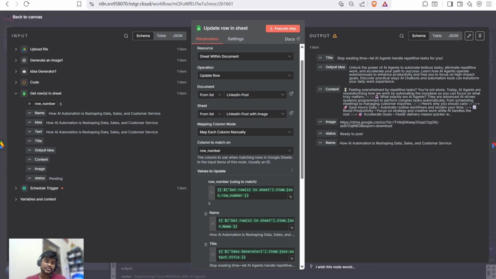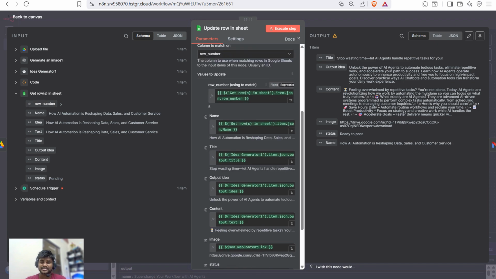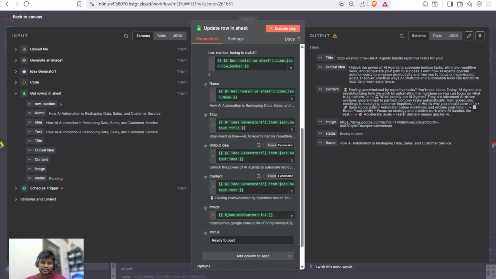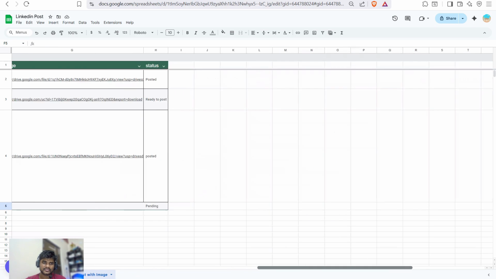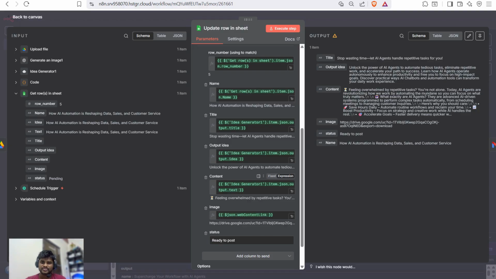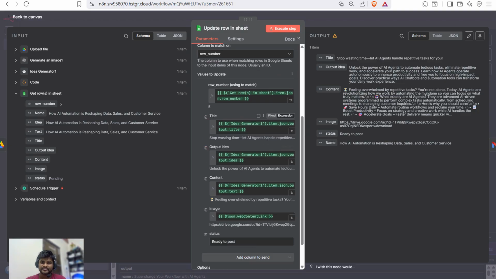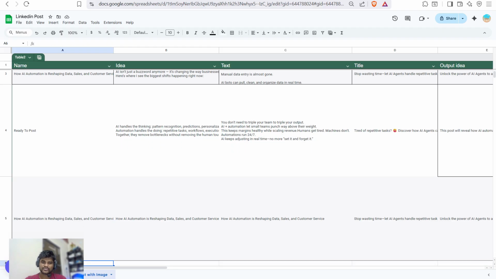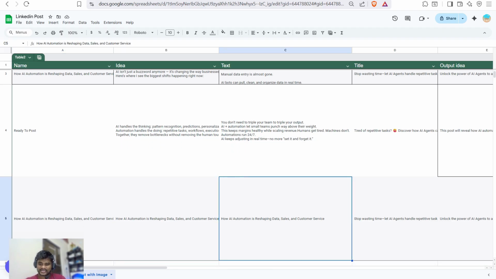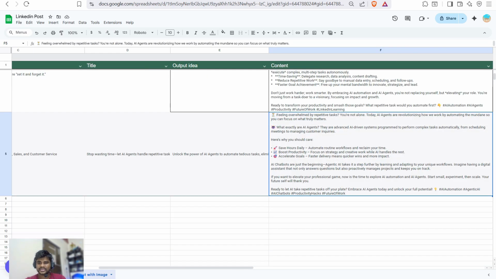You just need to drag the row number to the row number so that it can match, and it will update with name, title, output ideas, content. Name, I don't think we need to update the name. No, sorry, we just need to delete the name node. So it will just update title, output, content, image and the status. So I will click execute step, and you can see our workflow is working, and we just updated the content that is